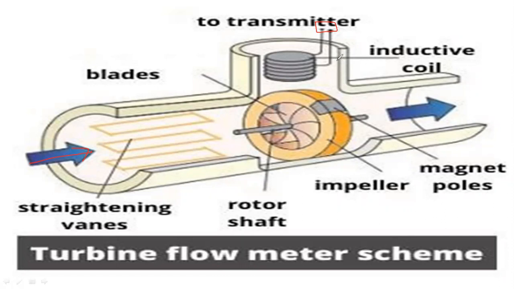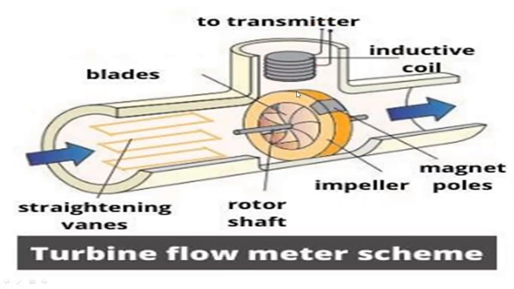So that speed is calculated by using an induction coil. An induction coil is placed in the pipe, in between the turbine flow meter. Then it automatically transfers the electrical energy as signals to be transmitted to a mechanical device to calculate the speed of the turbine. So that is the procedure to calculate the flow rate of the fluid by using a turbine flow meter.